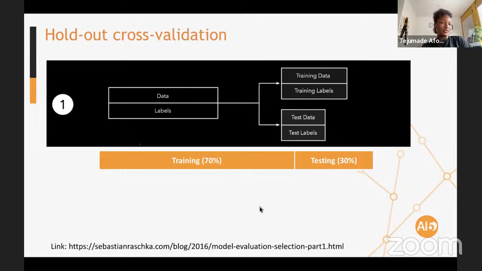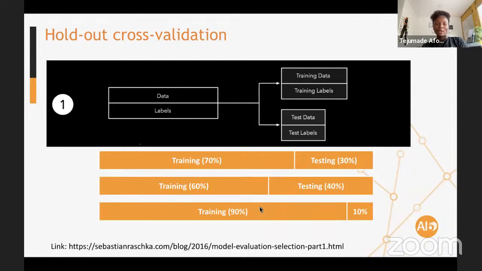This is usually referred to as cross validation when you set aside some holdout set, validation set or test set, depending. It all means different things in different contexts. So for now, we will use a holdout test set. Or it could be like 60-40 or 90-10. It depends on how much data you have.